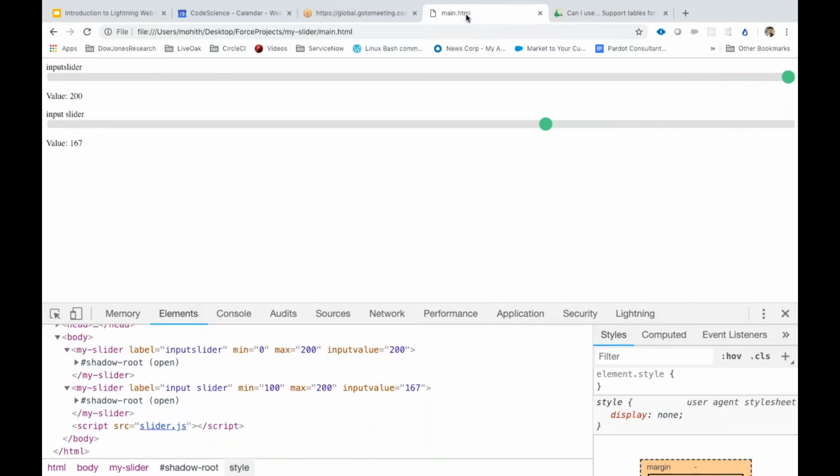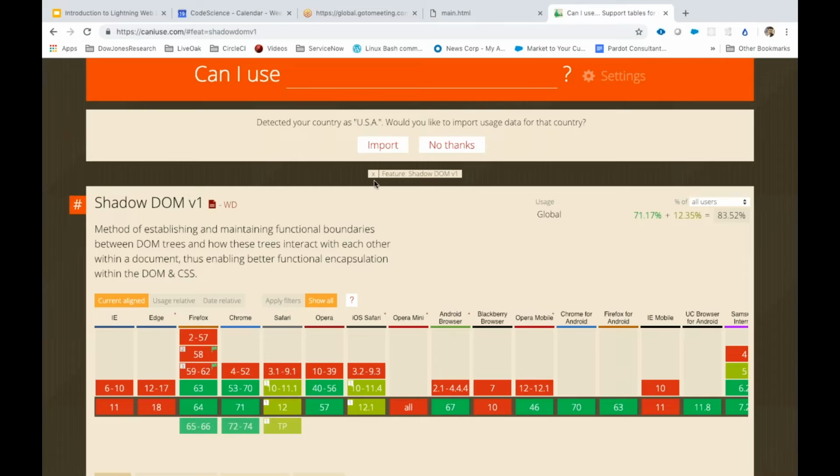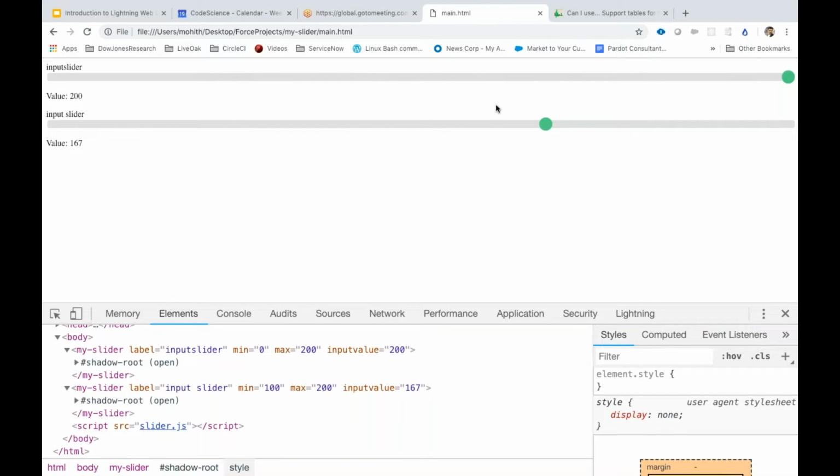We'll come back to all these things. But this is a good website to check which HTML elements or JavaScript features are supported in which browser versions. Anyway, so shadow DOM, as I said,